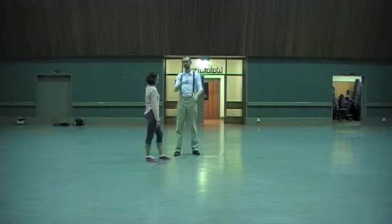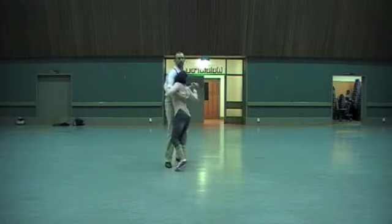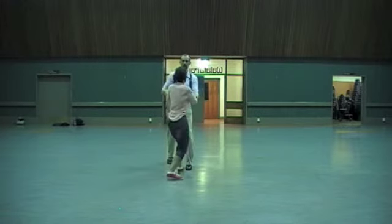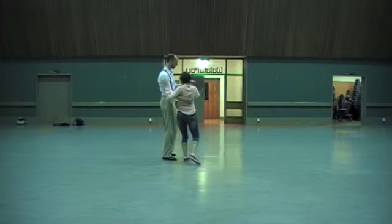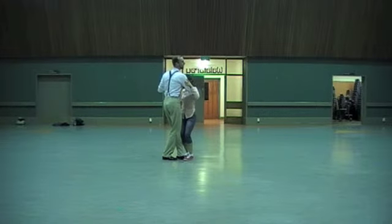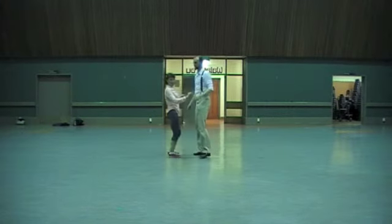And then we did another slight variation to have a different option. So it's the same start of the move, but instead of going straight back down the line, I'm going to step off to the right. So I'm actually going to go back, step, step. So I take 2 steps to the side, I catch her back as she comes around, and then I'm going to look to place her right foot, my left foot together, so we can then pivot around and do a little 180 land. So from the side at speed,